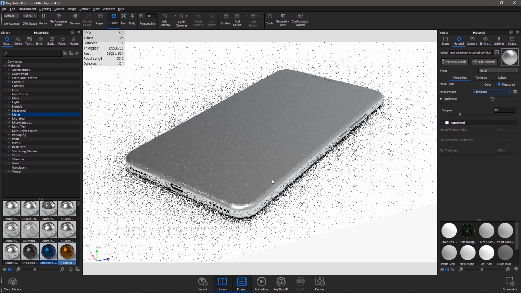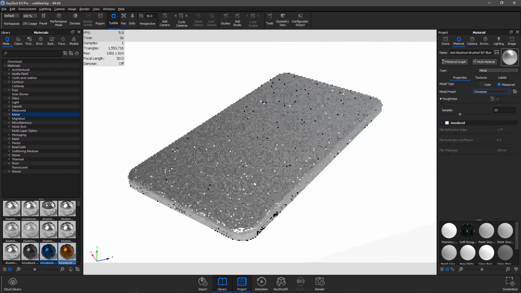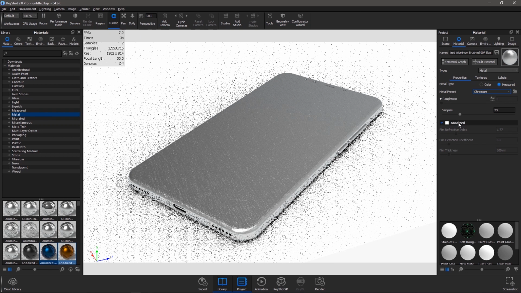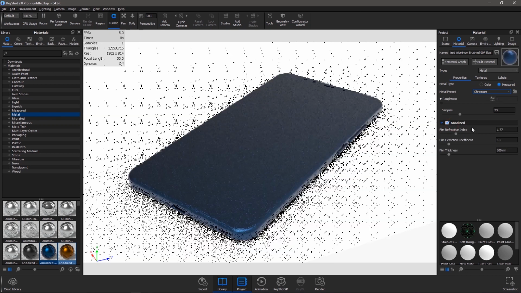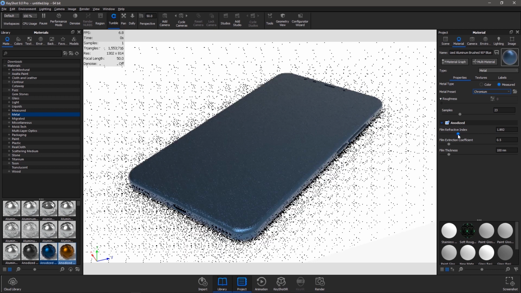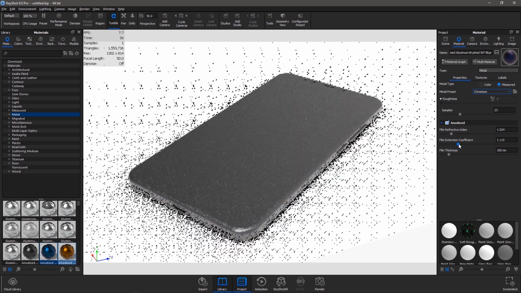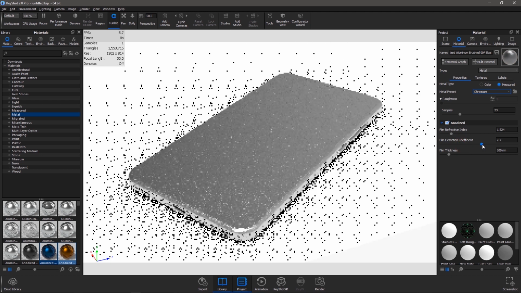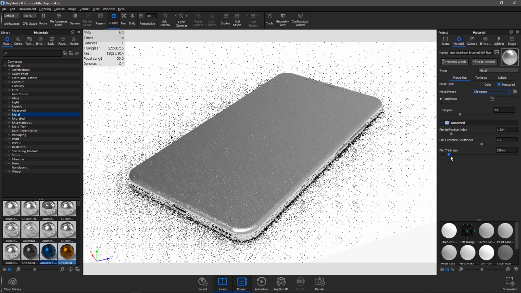So the next option that you can select is the preset. The measured option includes 13 metal presets including aluminum, brass, chromium, copper, gold, iron, magnesium, nickel, niobium, platinum, silver, titanium, and zinc, along with the ability to load complex IOR files. Roughness option we have already discussed.